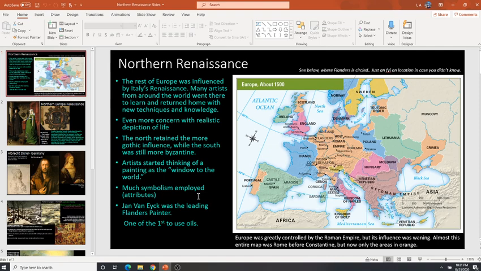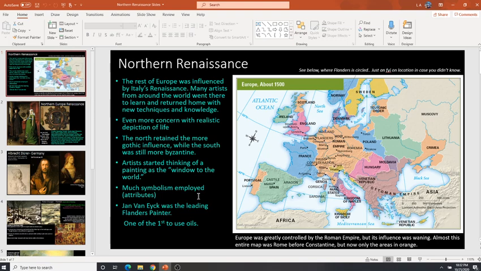And because a lot of the world away from Rome is not as controlled by the Holy Roman Empire or basically the Vatican, the further away you get, the less influence the church has on the work being created. So you end up seeing a lot more things that are more personal, things that don't have anything to do with religion at all, or are somehow more specific to the area they were made in.